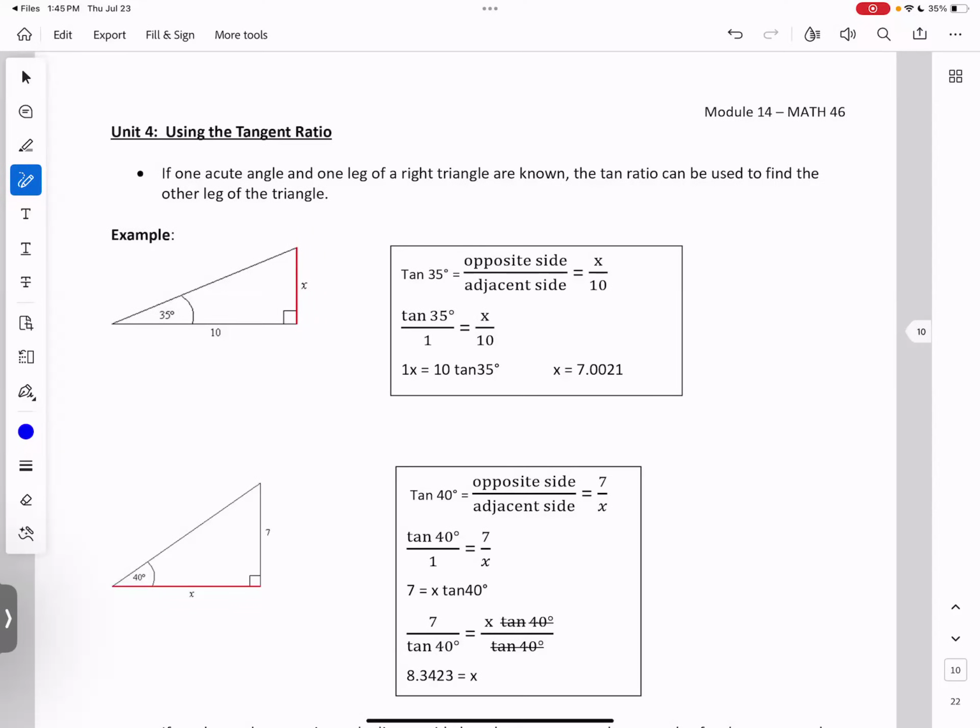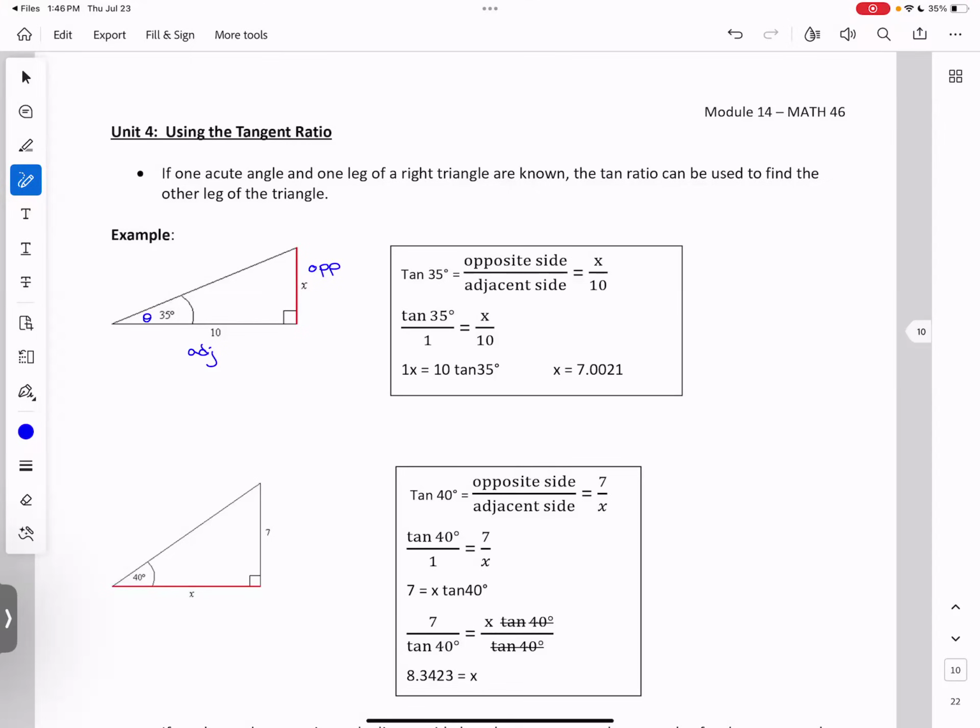So now that you know what the tan ratio is, you can use it to solve for an unknown side length. So in this example, we've got 35 degrees of this triangle. That's our target angle. I'll call it theta. And then relative to that angle, the opposite side is over here at the x, and our adjacent side is 10. So we know that tan of this 35 degrees is opposite over adjacent, which in this case is x